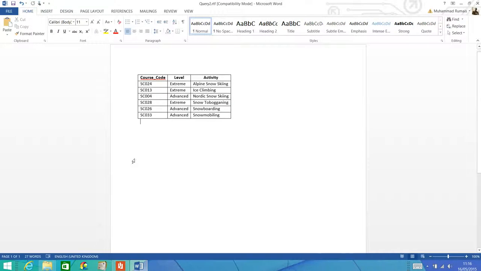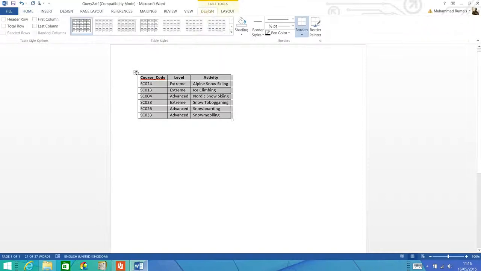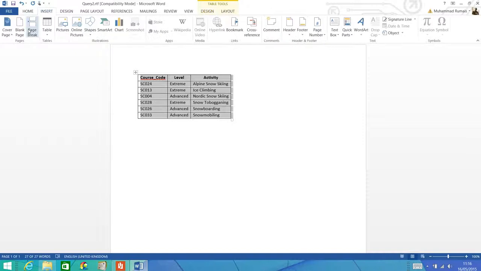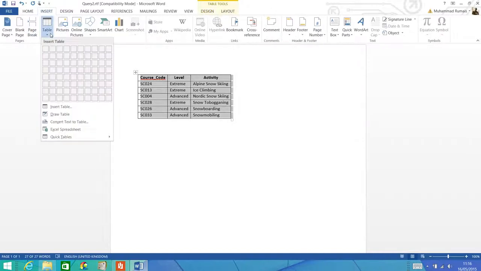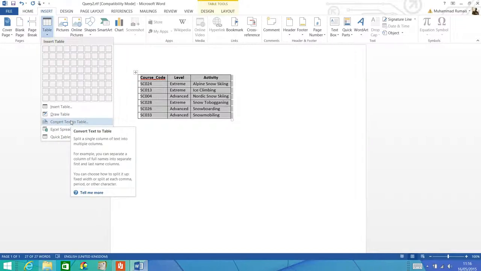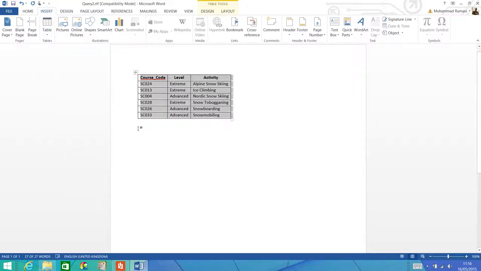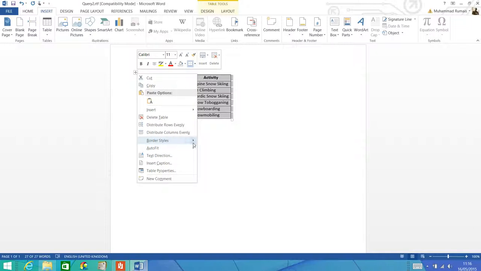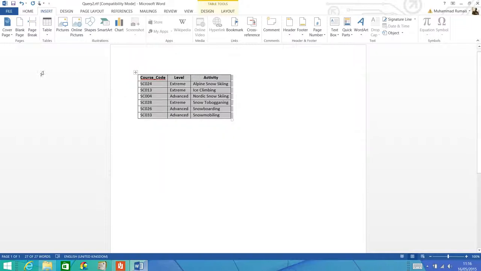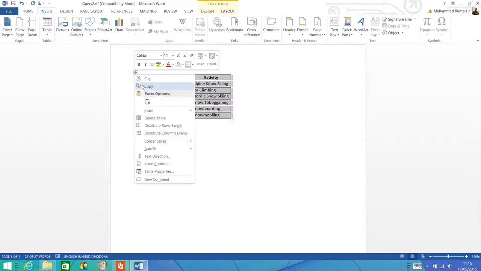In 2007, you know what will happen? The table will not be there. So to do this, you'll just have to select all the text, right click, or maybe go to insert and insert the table, convert text to table. You will select this option and it will convert the records to a table. Select this and it will display it as a table, and if it does not fit, right click and autofit to contents. After you have done this, just copy this table,